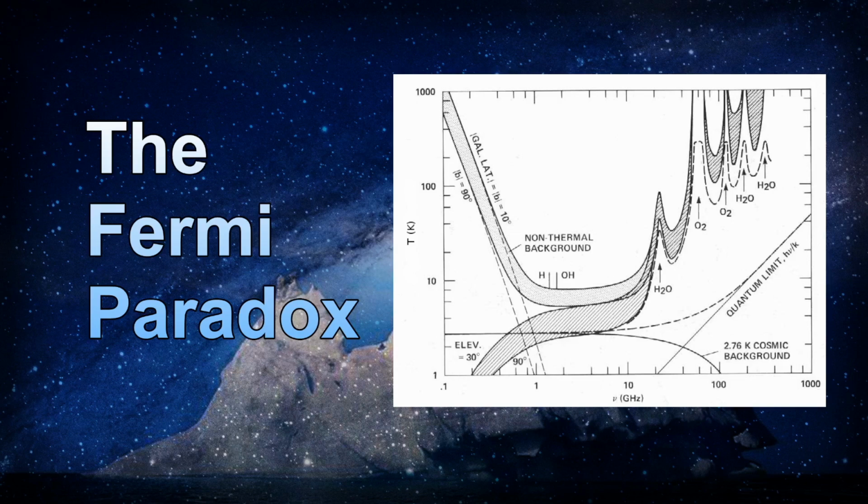There are 2 ways of looking at what is now popularly called the Fermi Paradox. Wikipedia summarizes them well, so I'm just going to quote it. The Fermi Paradox can be asked in 2 ways. The first is, why are no aliens or their artifacts found here on Earth or in the solar system?